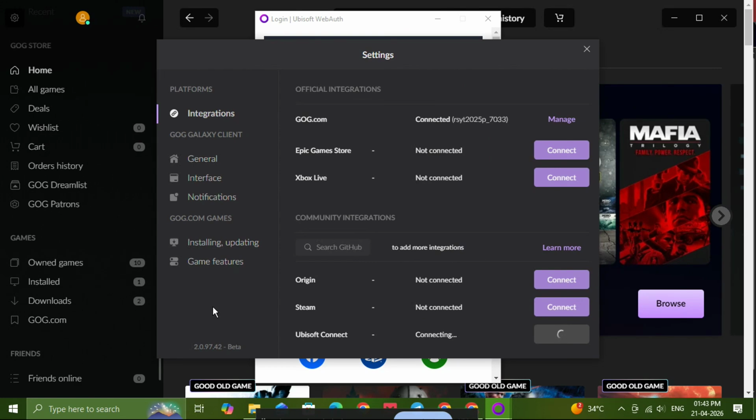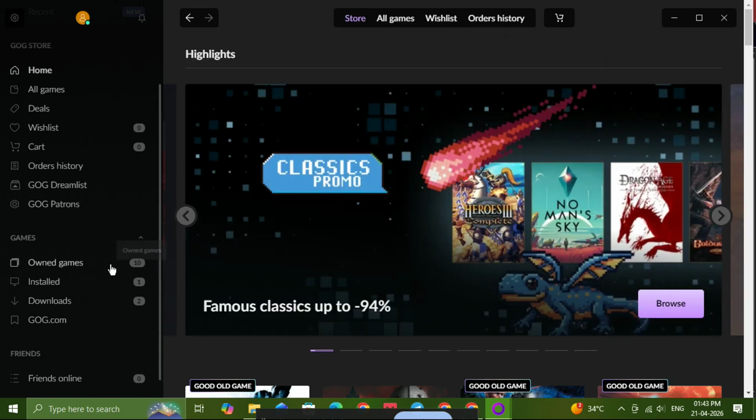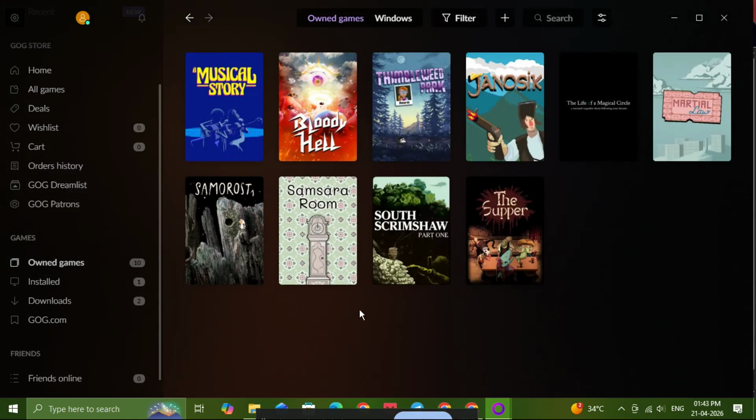Once the sync is finished, go to your library inside GOG Galaxy. You should now see your supported Ubisoft games showing up there. Keep in mind that only supported titles will appear, so if a game doesn't show up, it may not be available for syncing through the integration. And that's it. You've now connected Ubisoft with GOG and your game library should be much easier to manage from